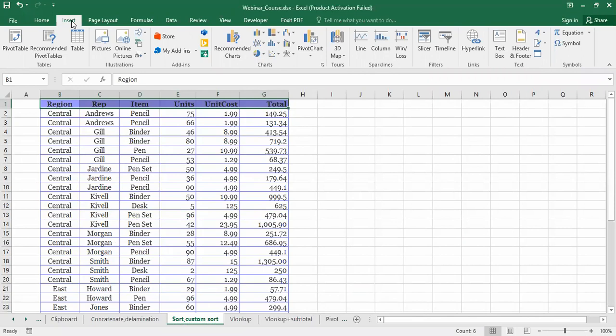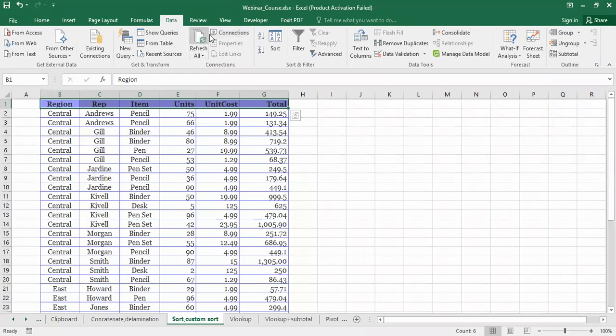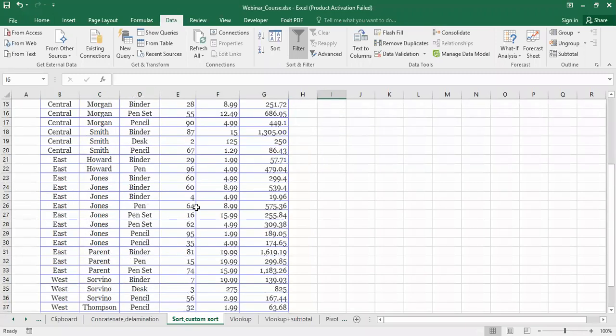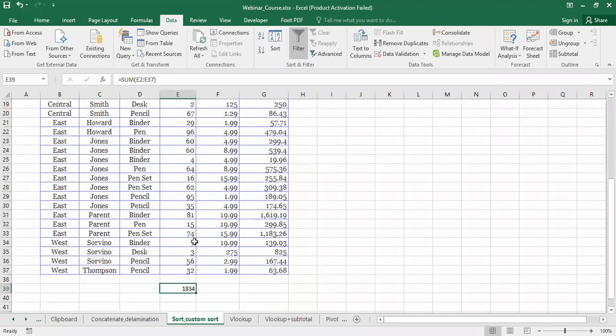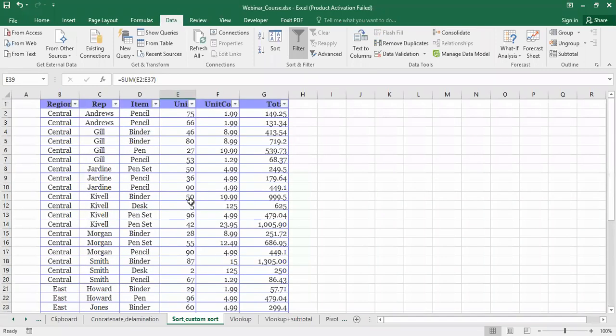I will go to Data, and then I will add filter. So when I put on the filter, you can see the total of this particular column here is 1837.